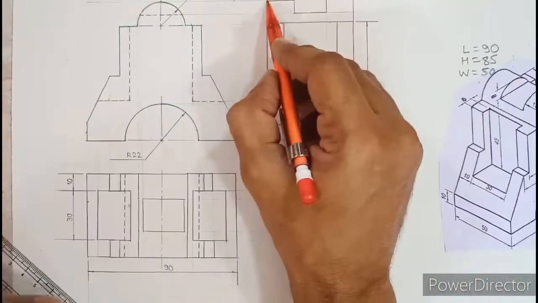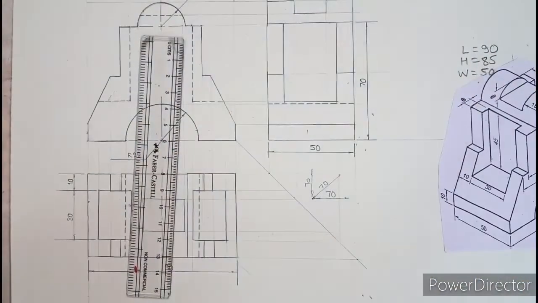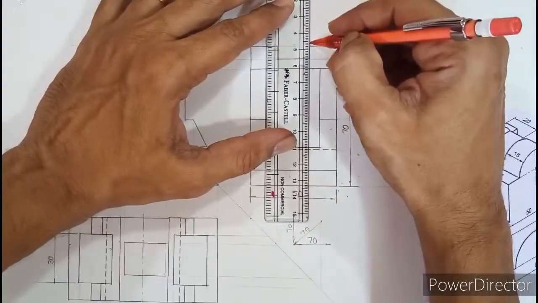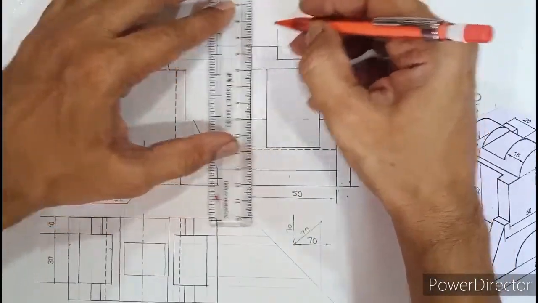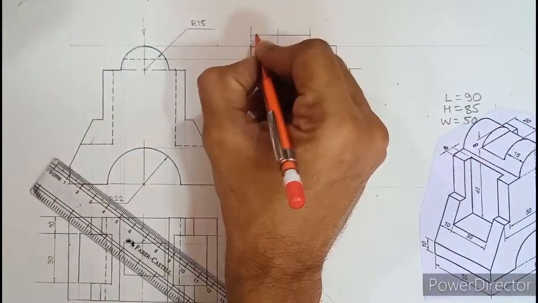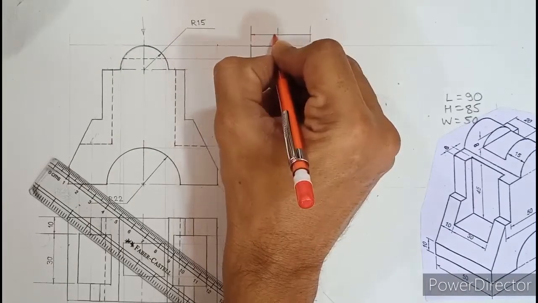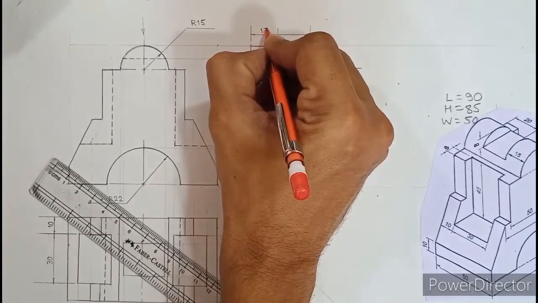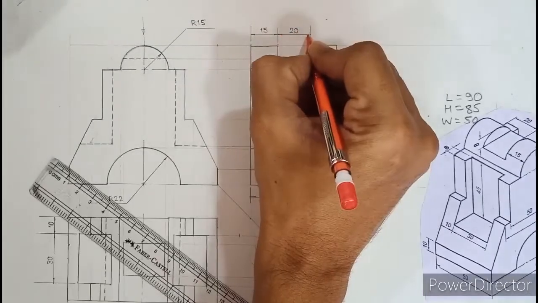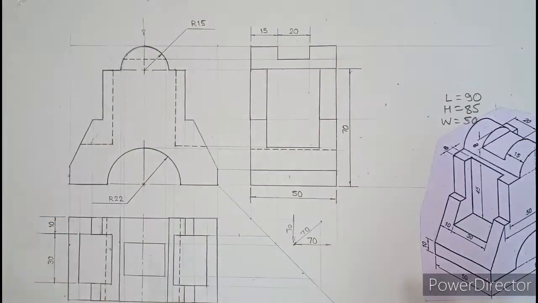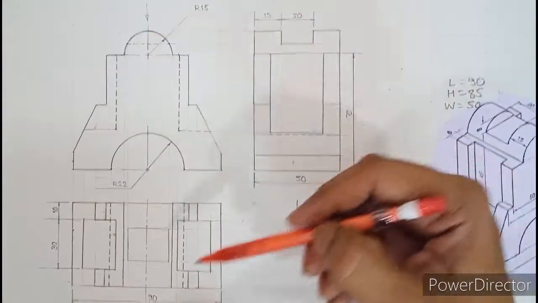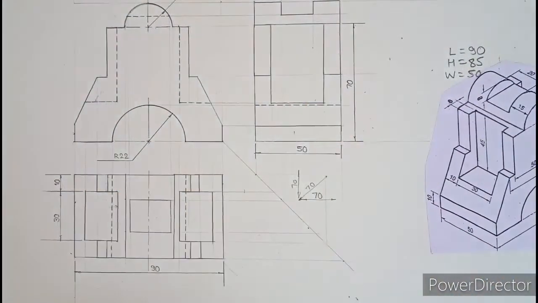So in the side view, see, this dimension is 15 and 20. Okay. So in the side view we can show this as 15 and this as 20. So from here we can show multiple dimensions. So here this dimension is 15 and this dimension is 20. So after everything is done, 1 2 3 4 5 6 7 8 9, one more we need to show